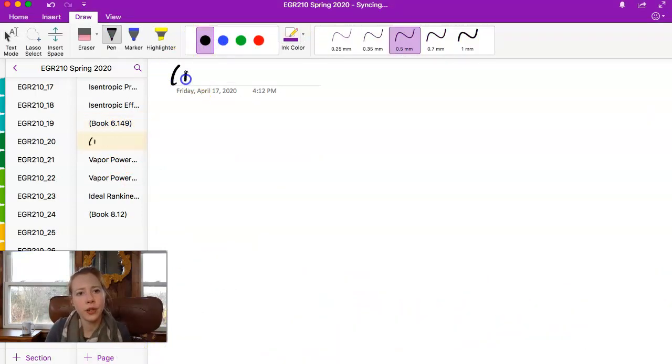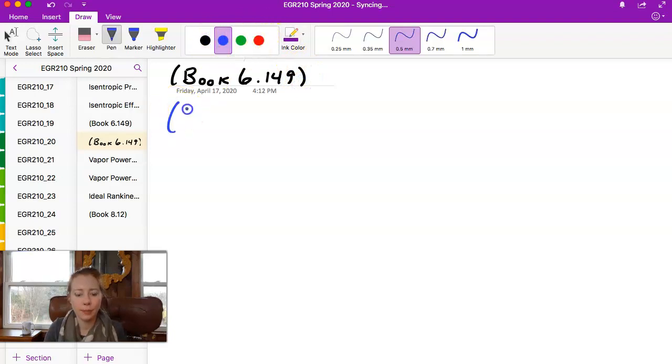So this is book 6.149. And this is still part A. We're looking for our entropy balance now. And so in steady state, we have 0 is equal to